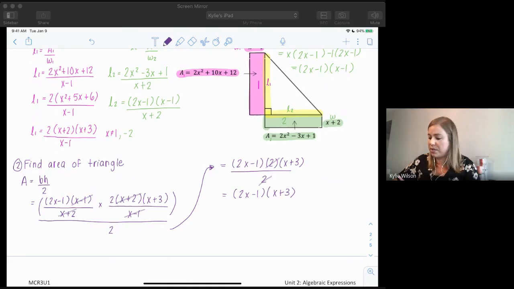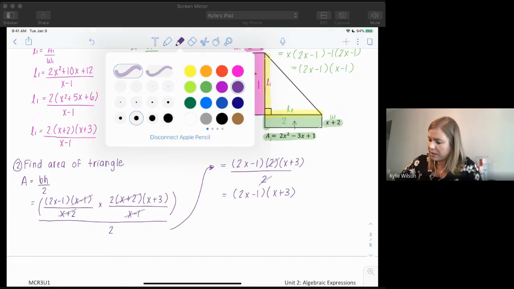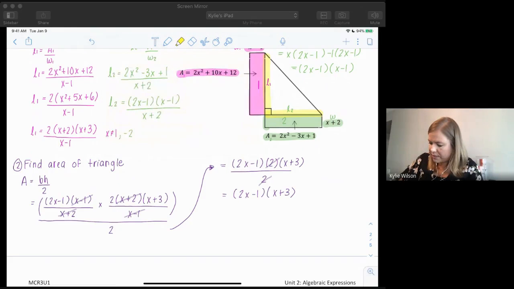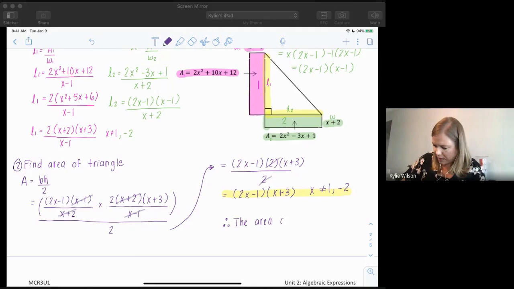And now let's just go through and find the rest of our restrictions. So I already have accounted for this restriction and this restriction. And that is it. So these are my restrictions for the whole thing. X cannot equal 1 or -2. And that is our final answer. So I need my little therefore statement. So I'm just going to say, therefore, the area of the triangle